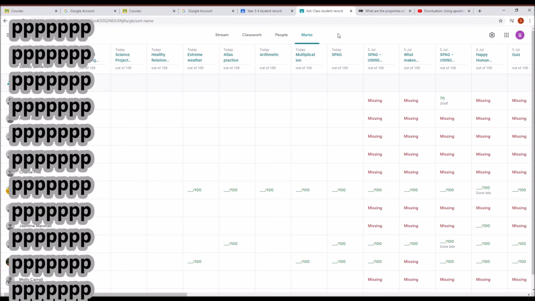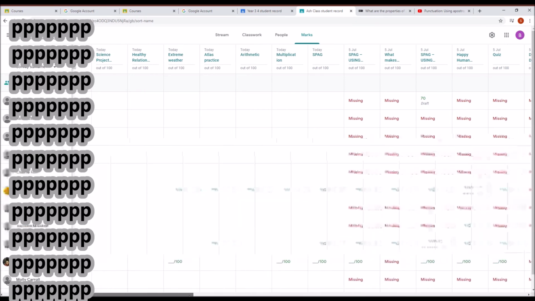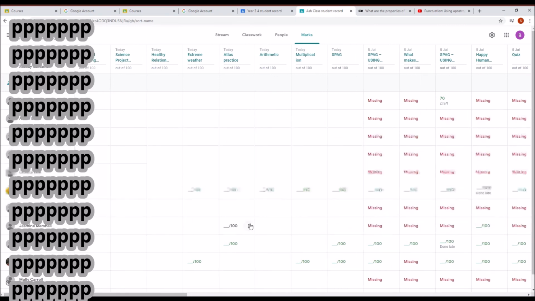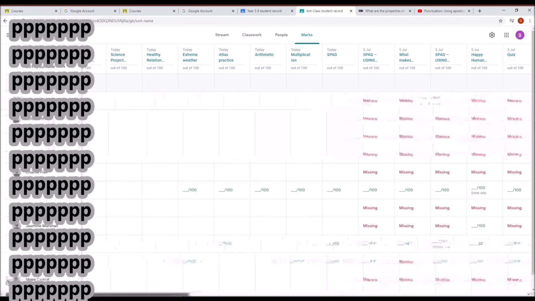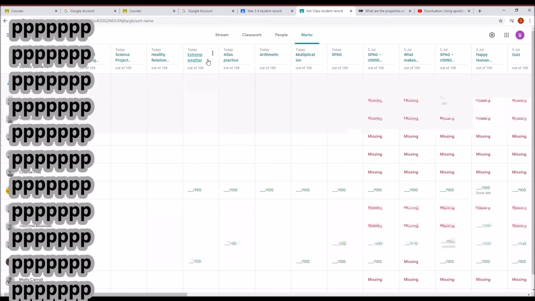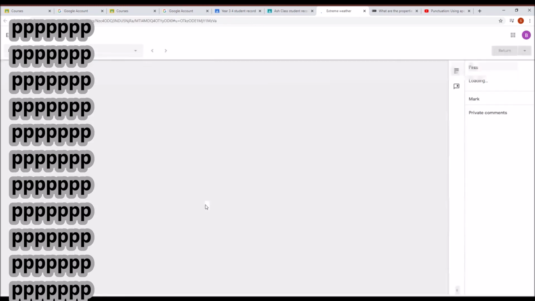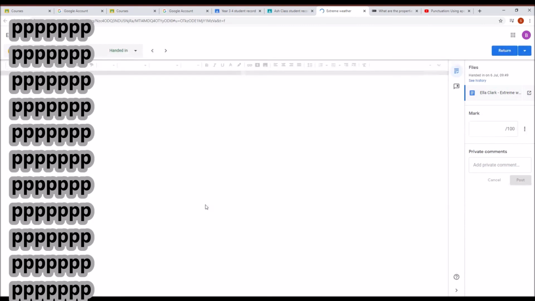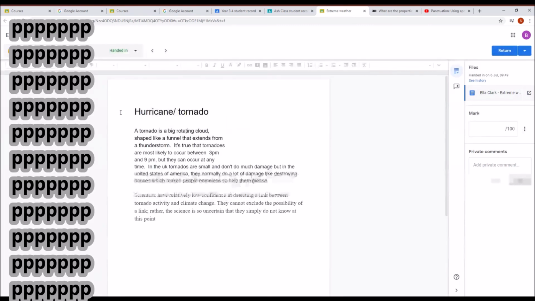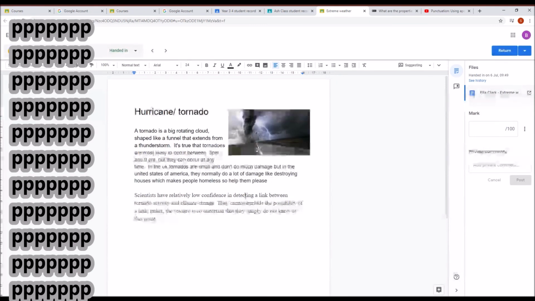So to mark a piece of work, once you've clicked on marks, you'll see here whether the children have completed the piece of work or not. So if I go across here, this piece of work here is on extreme weather, which the child has completed. So you click onto it and you click view submission. And then it comes up with the child's piece of work. On here, tornado,